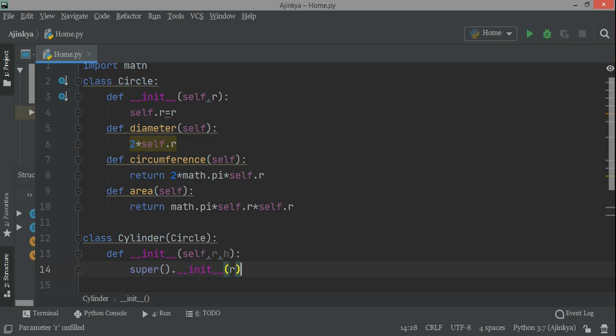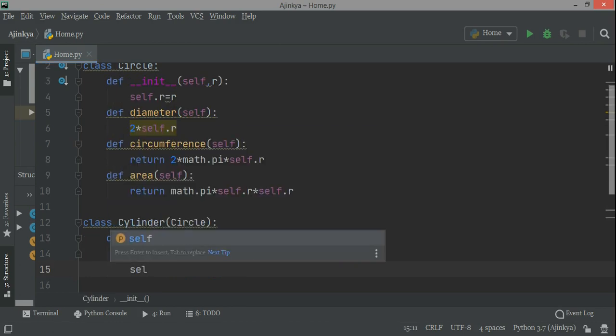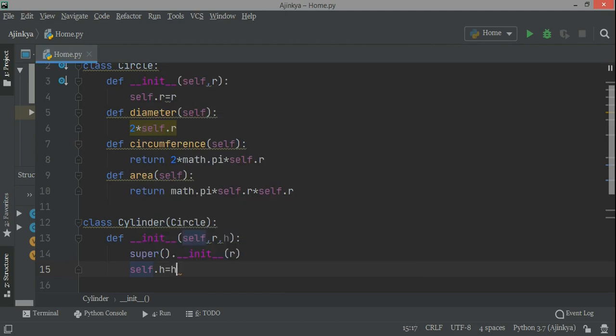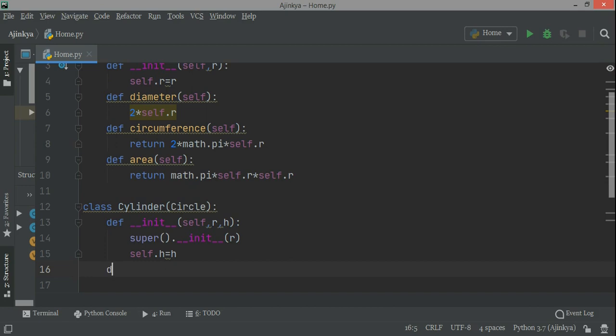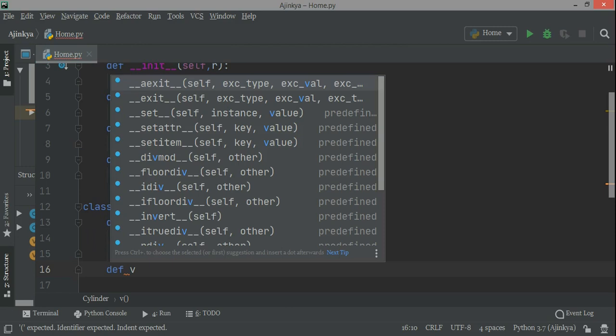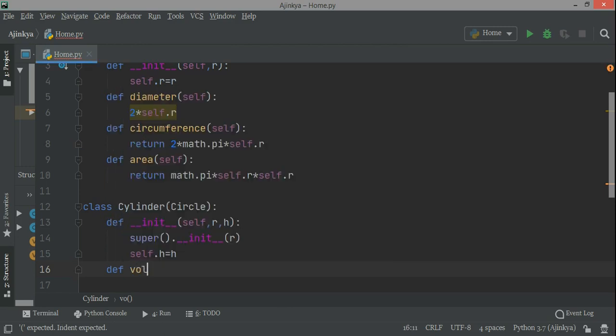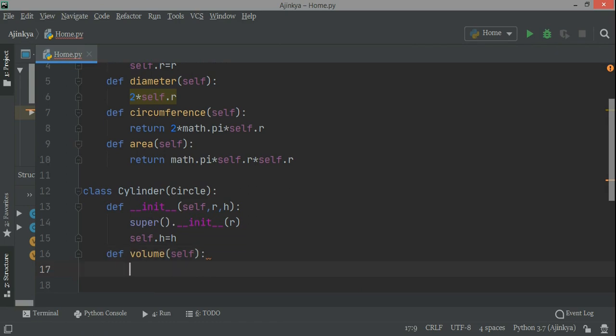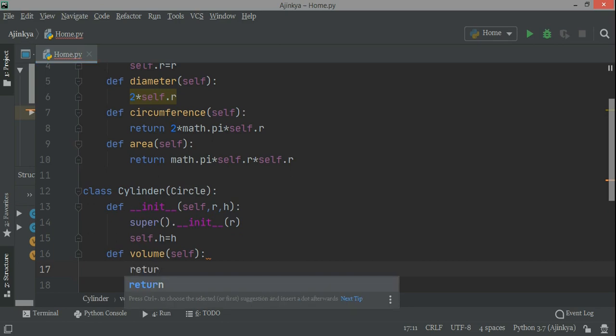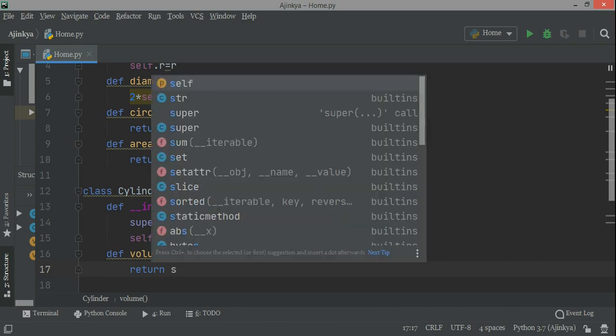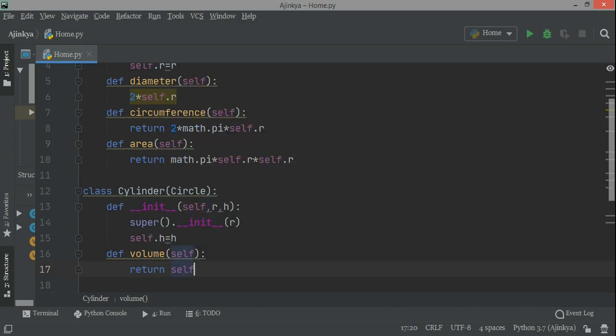Okay, so the super dot... you can also create the object of that circle class, but that is not the true way of this one. The true way means, because right now when you have created a cylinder class, I will not be working with the objects of circle class, I'll be dealing with the object of cylinder class. So the super dot init r, so the radius is passed to this one. It means that with the help of super dot init r, I'm invoking the constructor of the circle class, and the radius I'm assigning. self dot h equal to h.